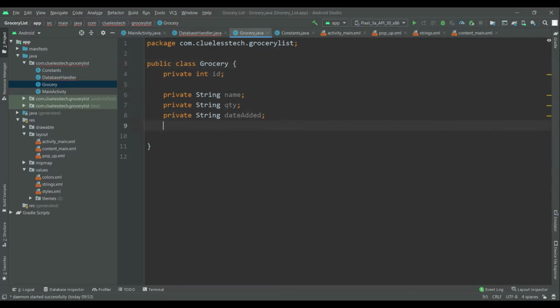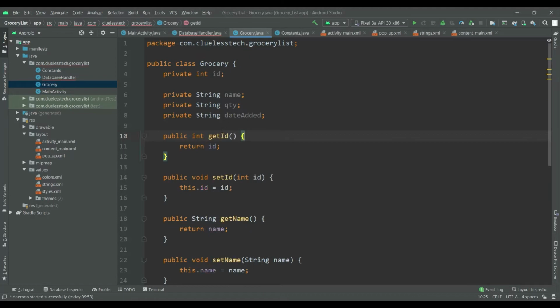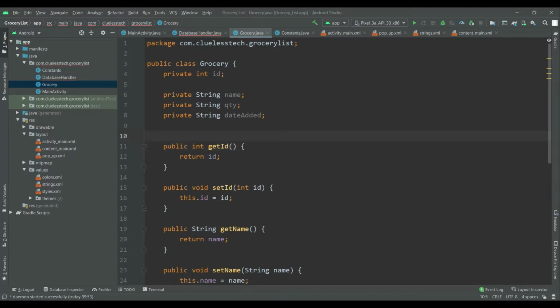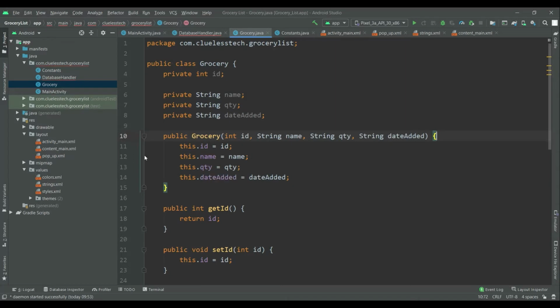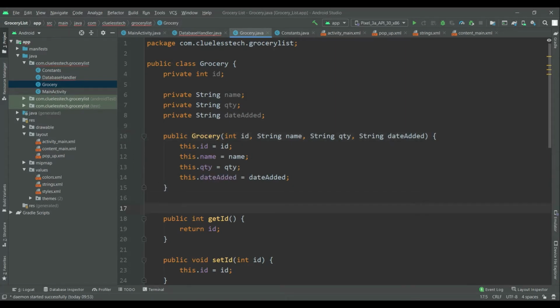Okay, now add getter methods and create a constructor of all values and an empty constructor of Grocery.